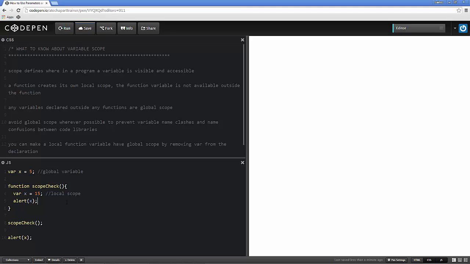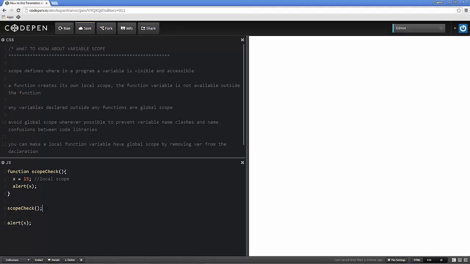I can turn the local variable into global so that it's also available anywhere in the program. And all I've got to do to make that happen is delete the var in front of it. So now what I'm going to do is I'm going to delete this first one here. And now when I alert x, because it can now access the variable inside of the function because I made it global,